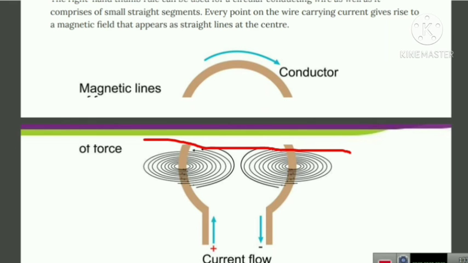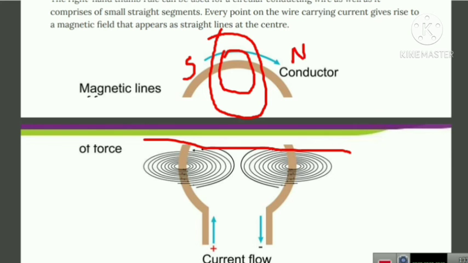Here is the center of the circular loop, and suppose these are the magnetic field lines produced at the end. So here it is positive, meaning south pole, and here is the north pole because this is the negative end of the battery. So the magnetic field lines which are produced will go from north to south. North to south means that at the upper end of this circular loop it will be in an anti-clockwise direction.